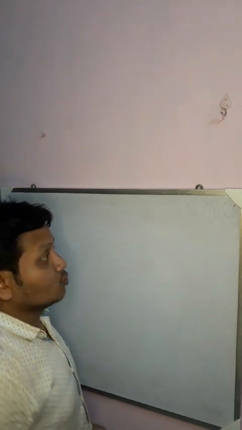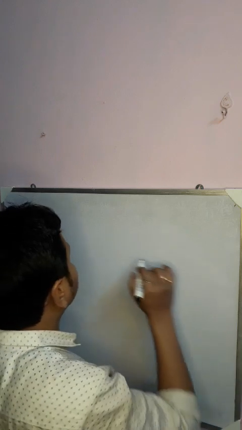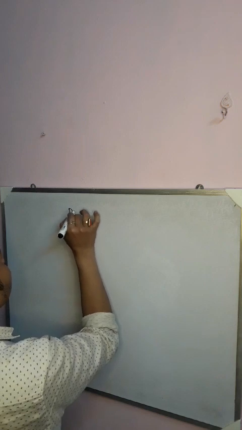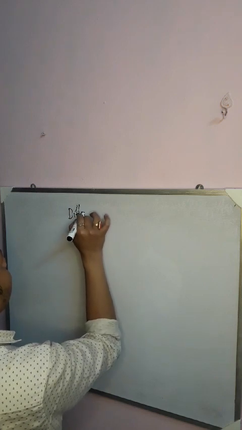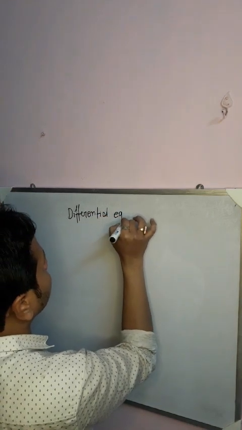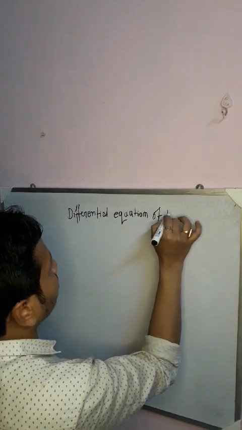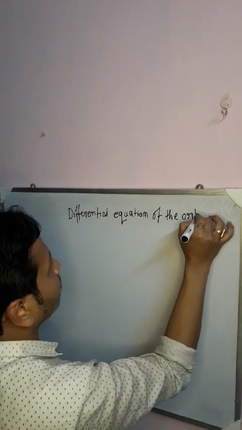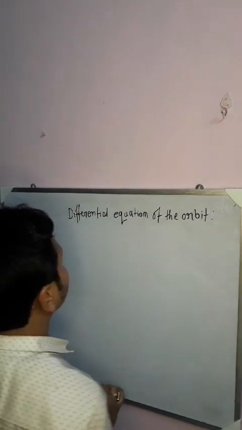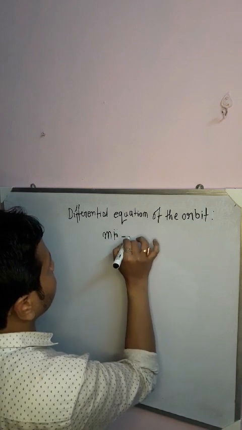the differential equation of the orbit. Okay, so at first we have to write down the radial equation of motion, that is m r double dot